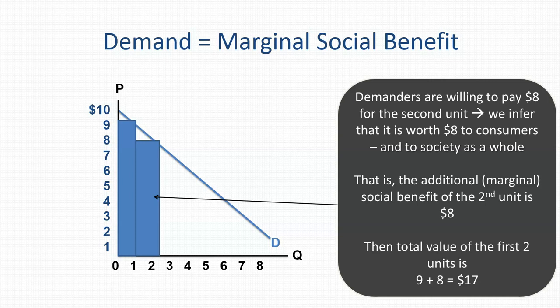Which, of course, is just to say that the additional or marginal social benefit of that second unit is $8. Notice then, if we wanted to talk about the total social benefit of 2 units of this thing, then we would just add up the marginal social benefits of the first 2 things. $9 for that first unit, $8 for the second unit, and therefore the total social value for 2 units is